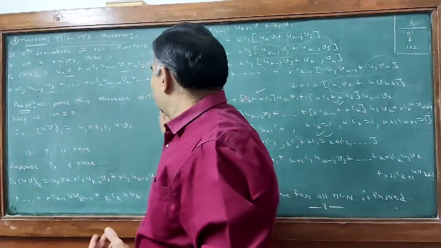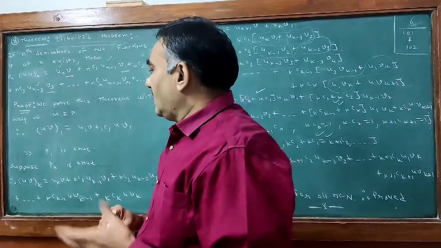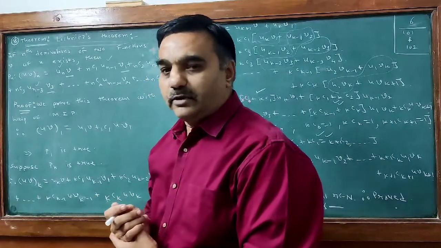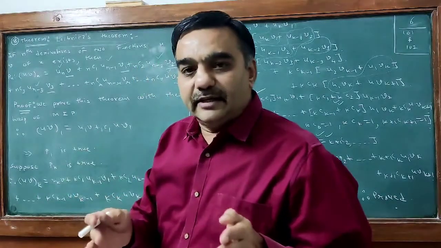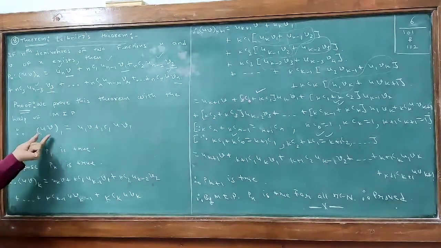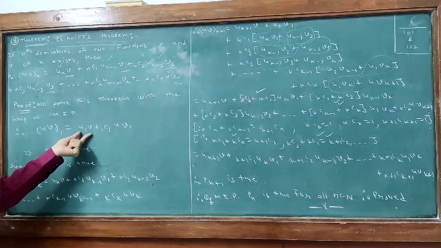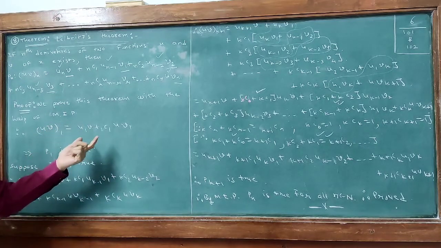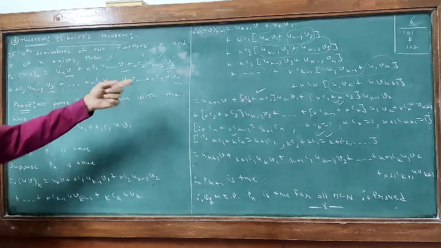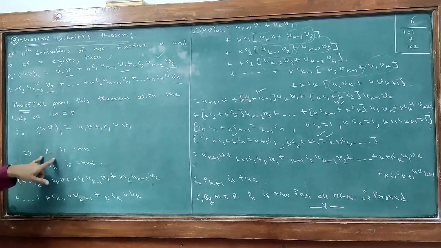We prove this theorem with the help of the principle of mathematical induction. First we prove this theorem for n equal to 1. We have (uv)1 = u1 v + u v1, that is, differentiation of u with v as it is, and u as it is with differentiation of v. And 1C1 is 1, and therefore P1 is true.